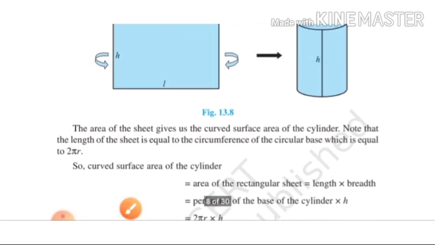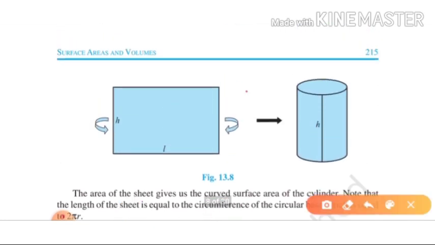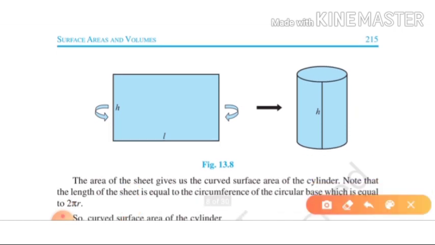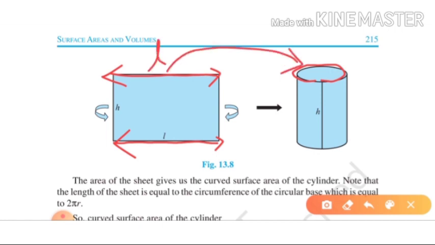H is the height and remains the same. Now what about this L? If you look from here to here, it is also the same from here to here, because we are folding it, so this and this are the same L,